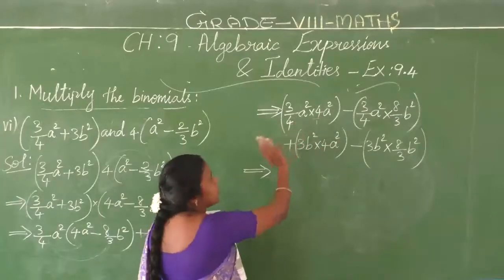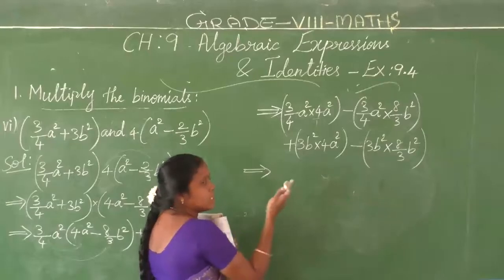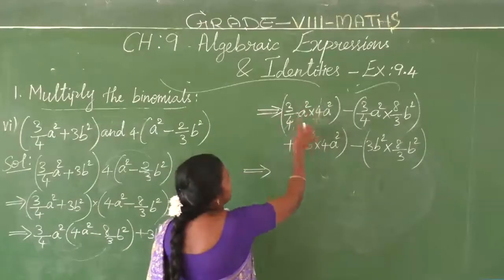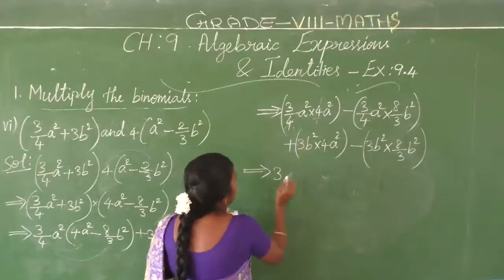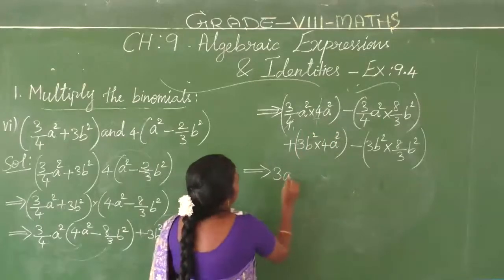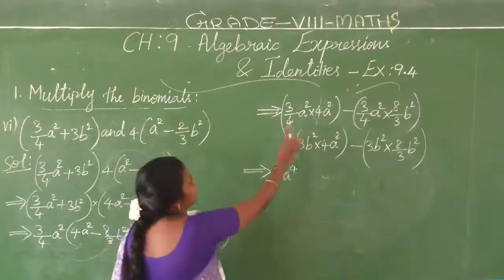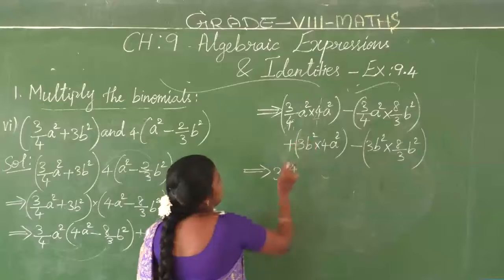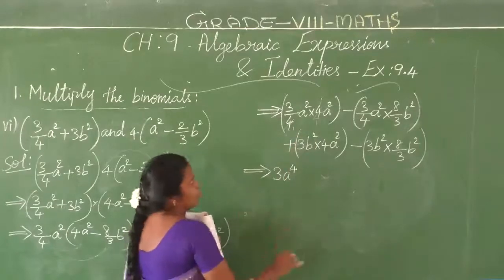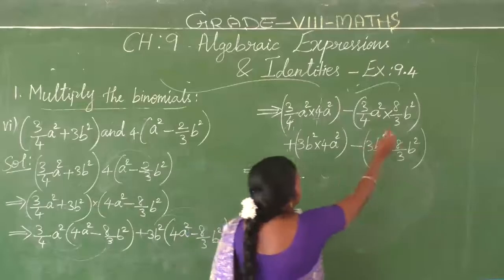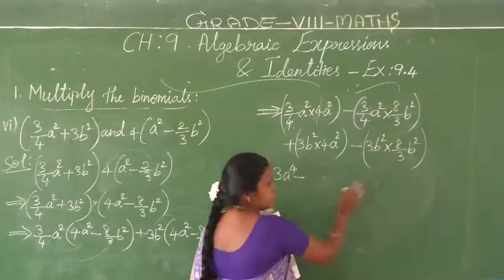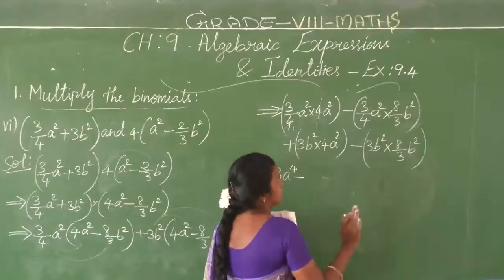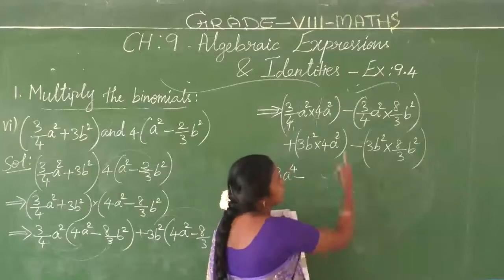This 4, usually how do you multiply the fractions? If there is any possibility, we can divide them. So 1 4 is 4, 1 4 is 4, which is remainder here 3 into 1, 3. So 3 into a square into a square, totally a power 4. What I did, both 4s I have cancelled, which is remainder 3a square into a square. So totally 3a power 4 minus a square into b square, because both are unlike terms, we can just keep them together in product, that's all. But if you consider their coefficients, we can simplify.